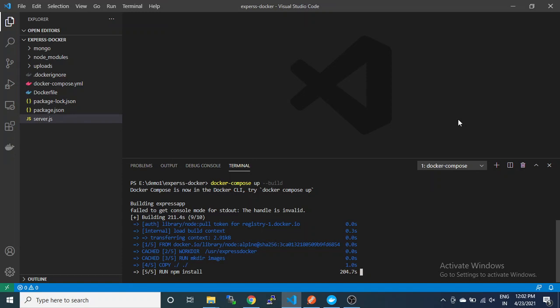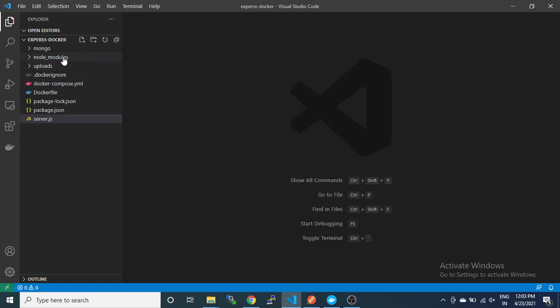and then we will try to upload an image or file from Postman, and we'll try to access it from the API.